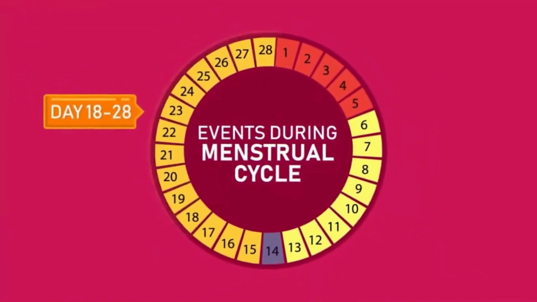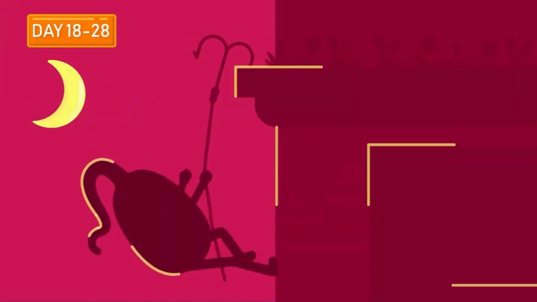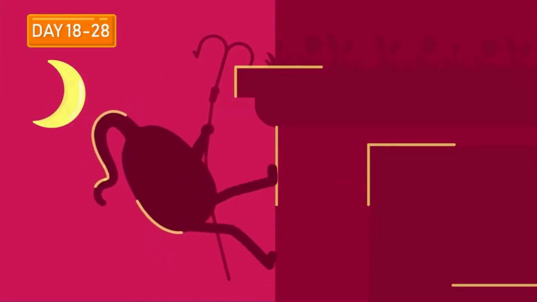Day 18 to 28, Phase 4. The rest of the days make up the infertile phase of the menstrual cycle. Sexual intercourse during this period is unlikely to result in fertilization,